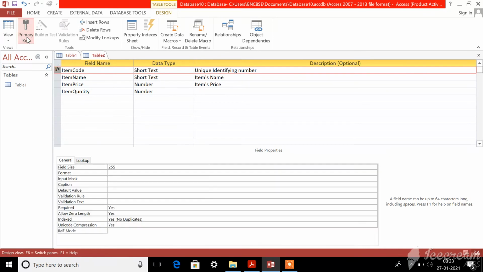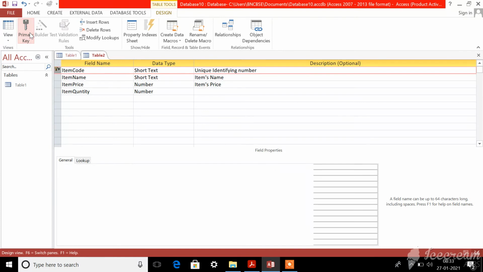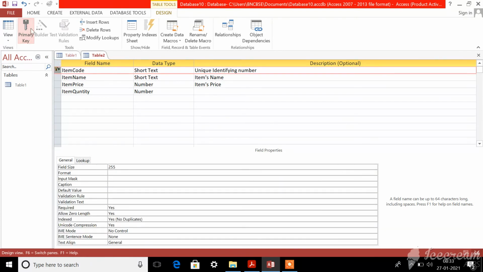If you click the primary key icon again, it will disappear. So for selecting the primary key you should click once, and for removing it you should click again. That's it. This is how you should set and remove the primary key.